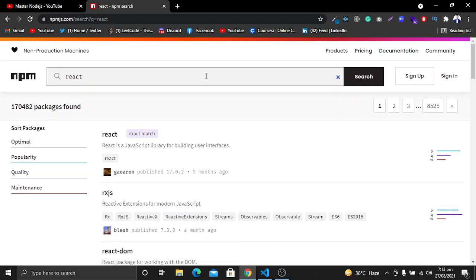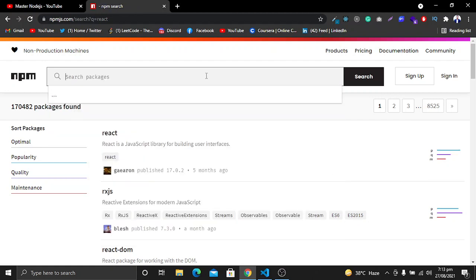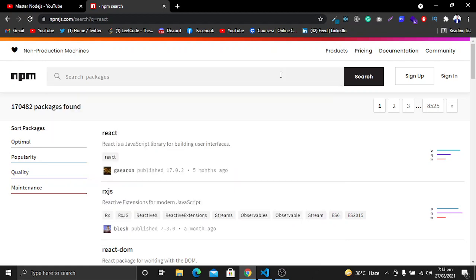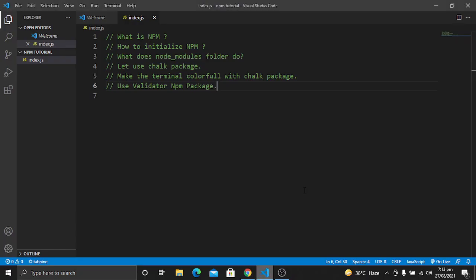So npm basically stands for node package manager. It is a package manager for javascript packages. I hope you have understood the idea of node package manager. It basically installs the dependencies in your project. So let's see what is the next step.